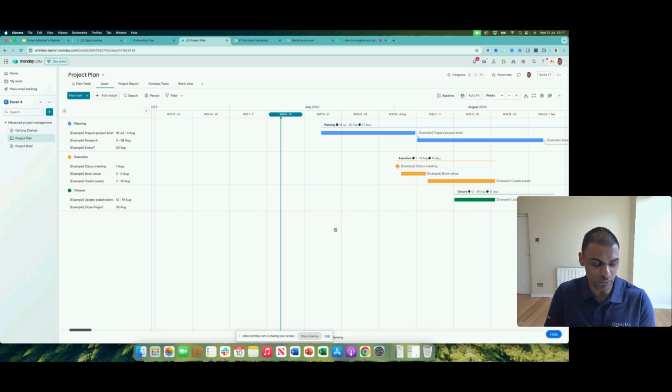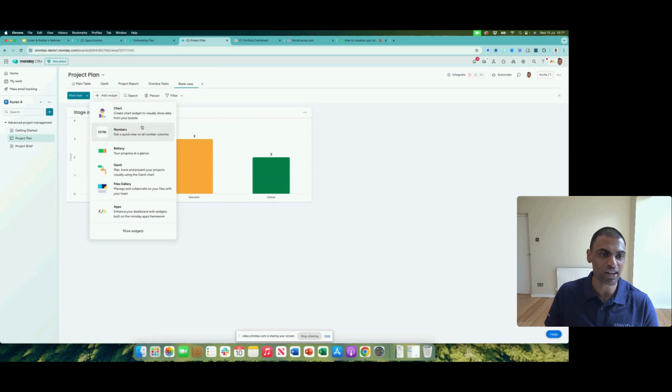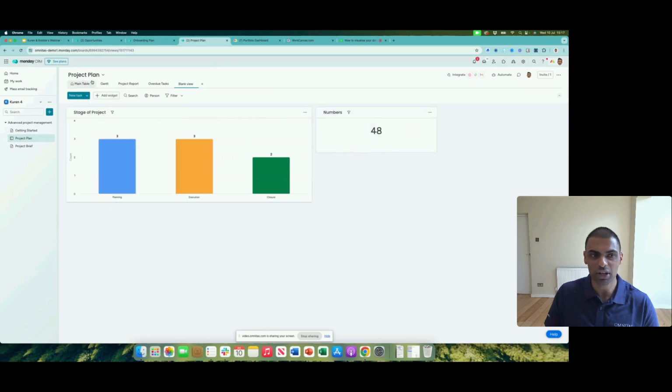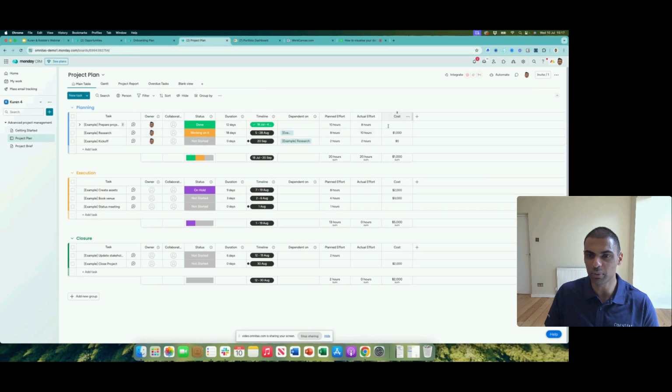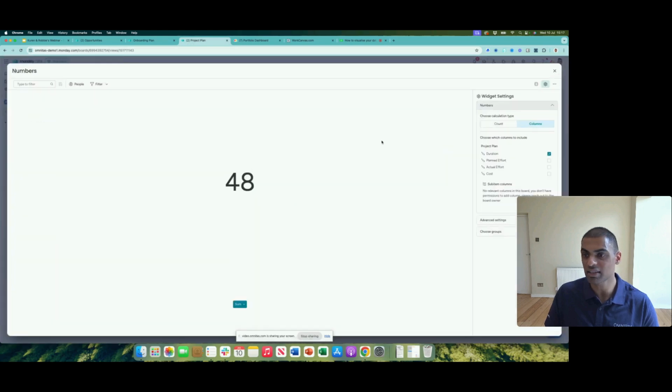There's other pieces as well that we can start adding around this. So we can do things like number views. So I click on this plus sign here, or we've got a blank view already there, and I click add widget and I click on numbers. So let's look back at this main table. We've got the cost column over here. Maybe we just want to do a big sum of that and say, what's the total cost for all of these line items? So I could come in here, I could click on settings, and we could say the cost